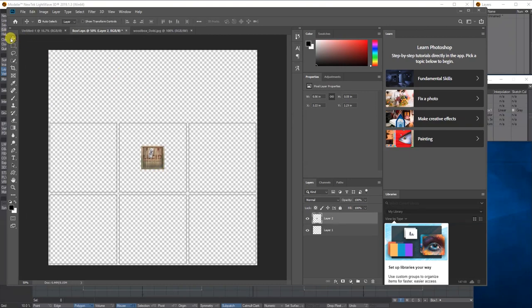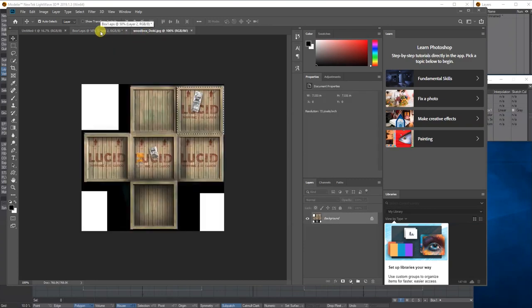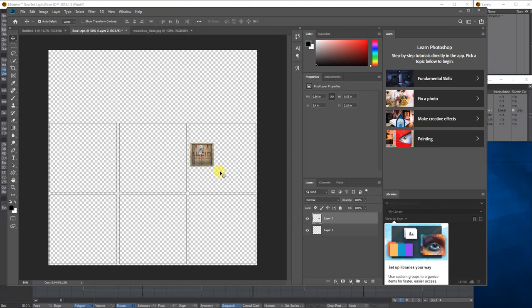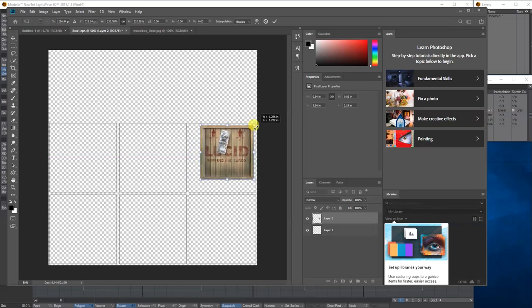So first thing I'm going to do, now the resolutions of the two documents aren't the same. This is 300 and this one's I think like 72, so you're going to come in smaller, but it's fine. If you're making your own textures, you'll need to make sure they're similar. So what I'm going to do is hold down shift in the new Photoshop, and bring them to the corners here.